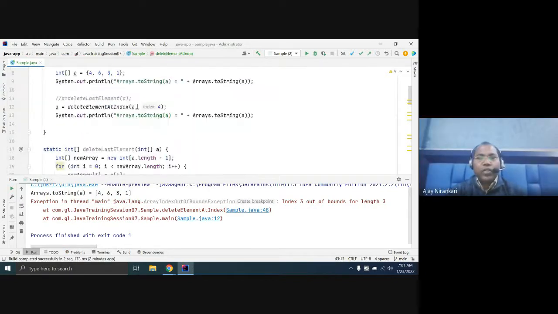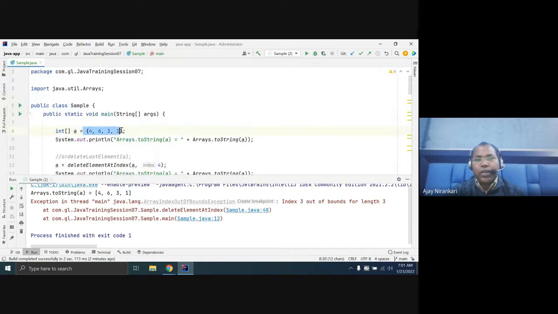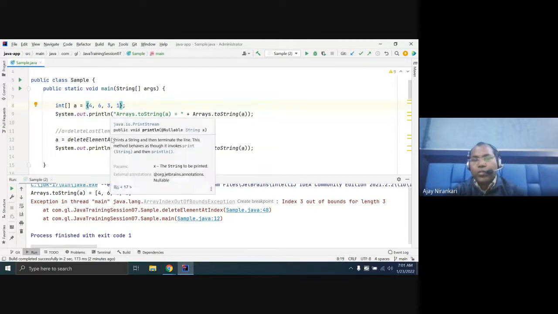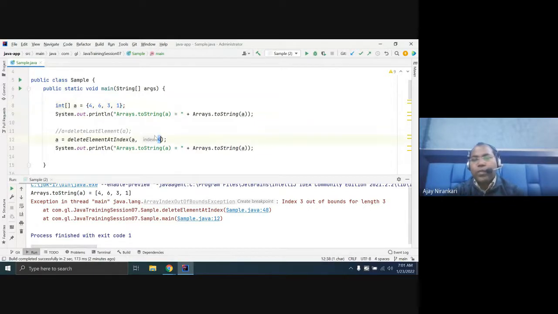Why? Here the question is, this is the array. If I ask for index 4, but it has only 0, 1, 2, 3, why are you passing a 4? We can delete the third element, the third position. So our check should be that whatever index you pass cannot be greater than the array length.